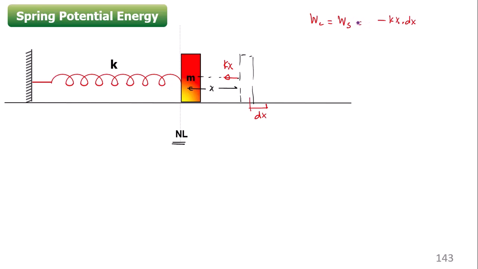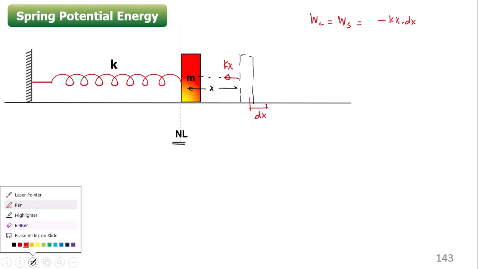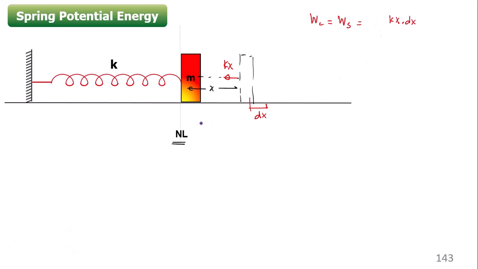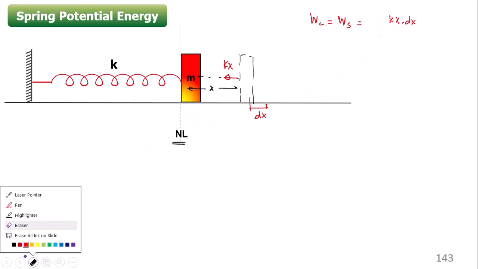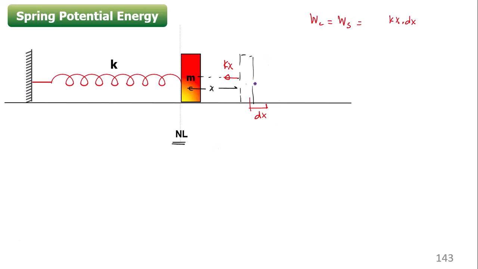Minus kx dot dx. So now what is the angle? Angle is again 180 degrees. So ultimately what do you write? So not minus kx, simply write kx dot dx and automatically you put the value as 180 degrees. So in this situation, the angle between the force and the displacement is 180 degrees.